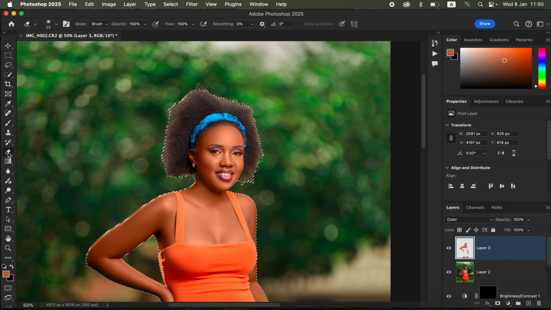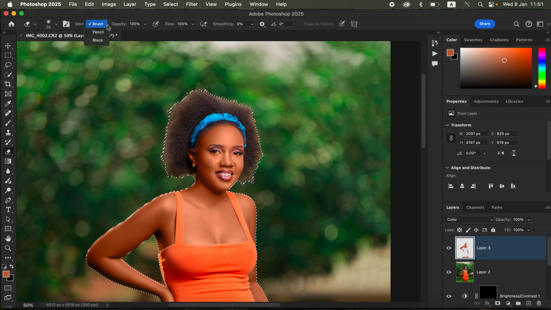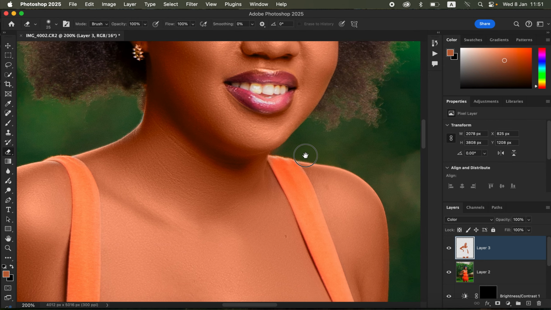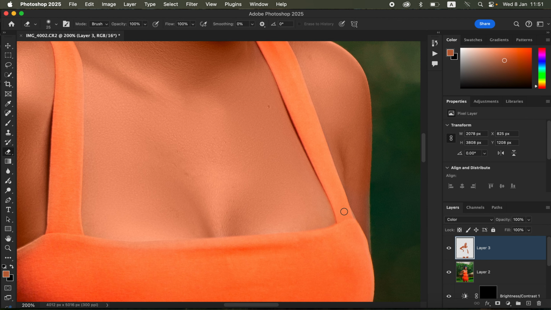So come and get the eraser tool and make sure hardness is set to 0, mode is set to brush, opacity and flow at 100%. We're just going to zoom in. Then after zooming in, press Ctrl D, or you can use Command D on the keyboard to deselect the active selection. And with the eraser tool, we can now come and try to paint back the color of her outfit